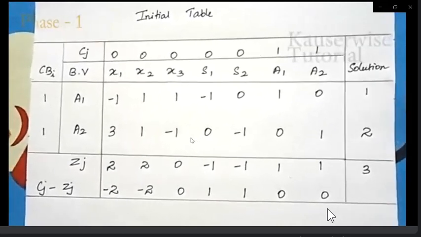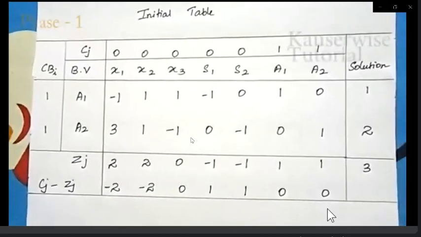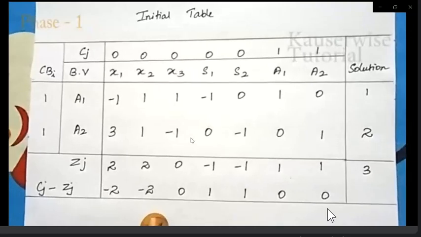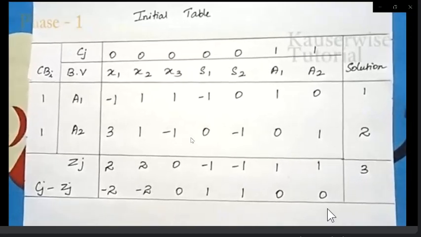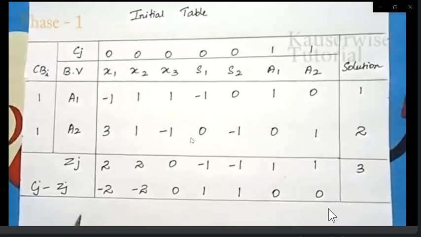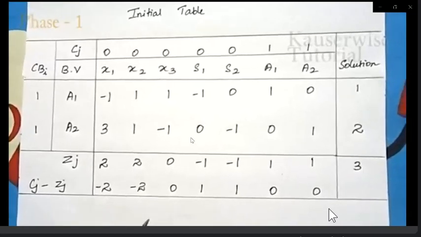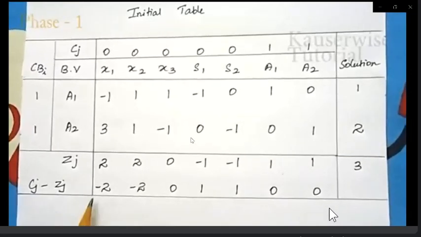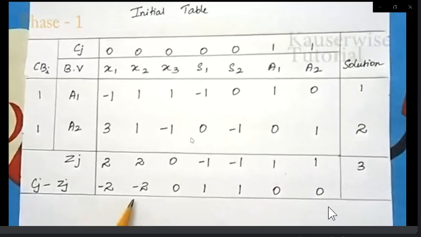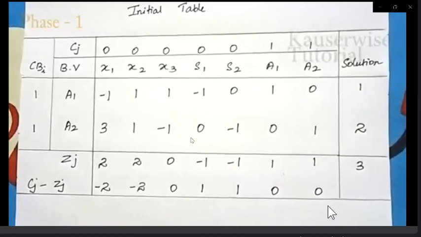In order to proceed further, we need to find the key row, key column and key element. In order to find the key column, select the most negative value. But here we have a tie, that is minus 2 for x1 and minus 2 for x2. So we can select any one, either x1